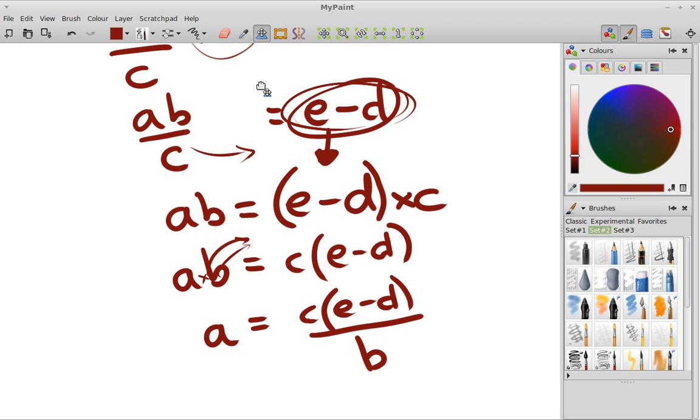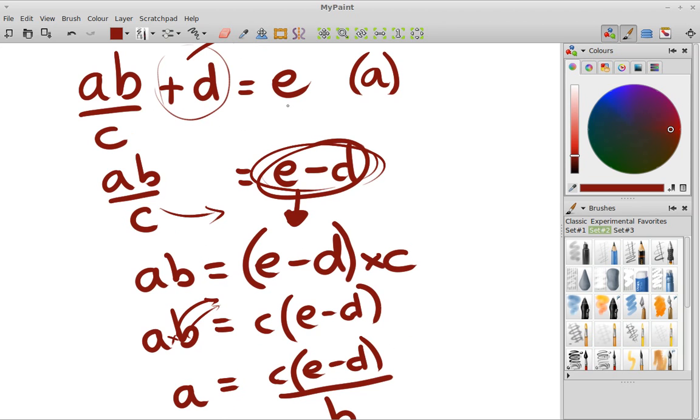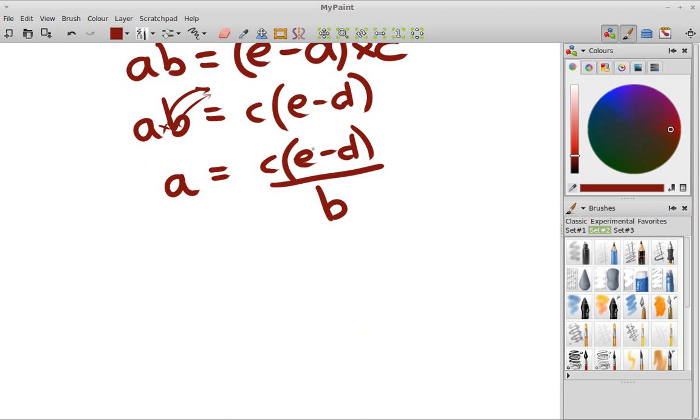If you wanted to put numbers in to check it, you could give A a number, B a number, C a number, D a number, work out E, and then put in what you got for E, what you used for D, what you used for B, what you